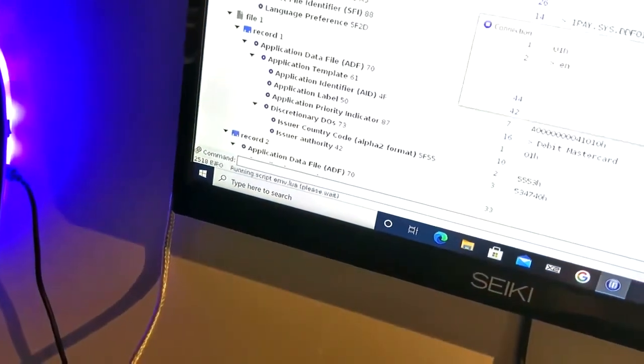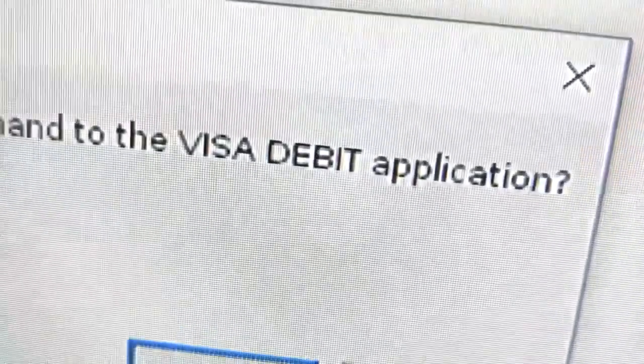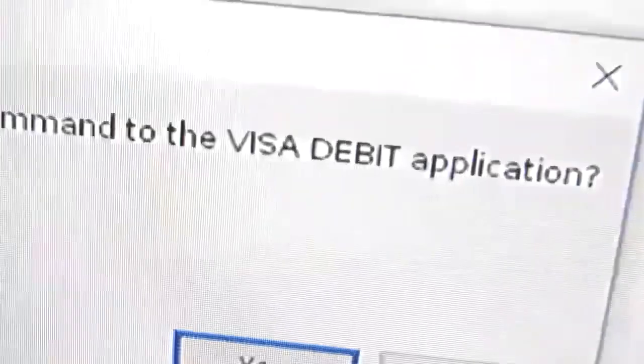And then if you do Visa, this one says Visa Debit, and you see how that's capital. Okay, so to prove that point,